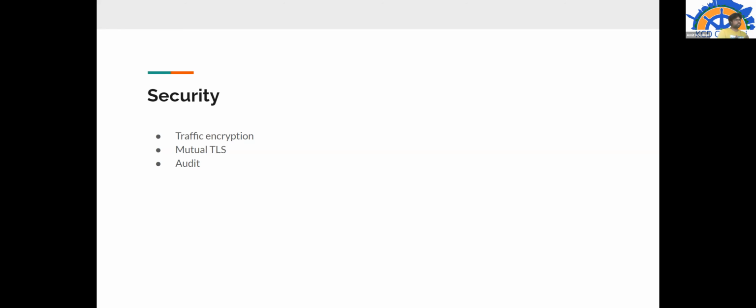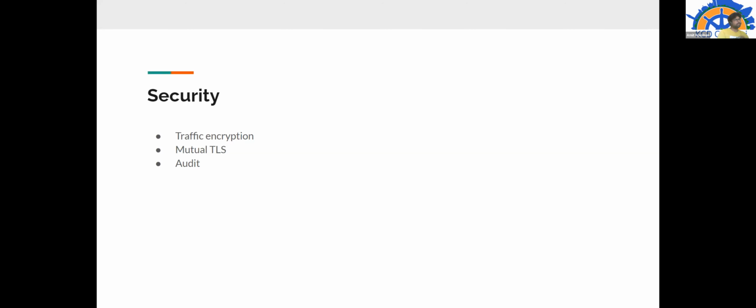Okay, mutual TLS will have a root certificate, and with that it will validate whether the certificate has been signed by the root certificate or not. Similarly, the server will also validate whether the certificate shared by the client is valid or not. That is the first thing it would ensure. And the second thing is that, for auditing purposes, it will also maintain the information of which user is trying to connect for a particular API, and so on.